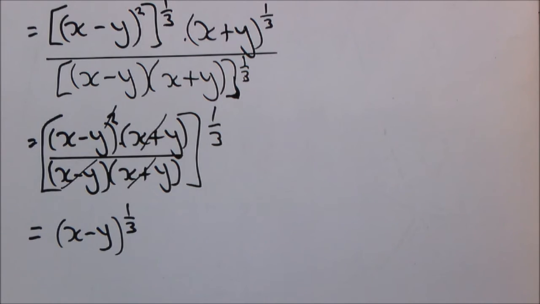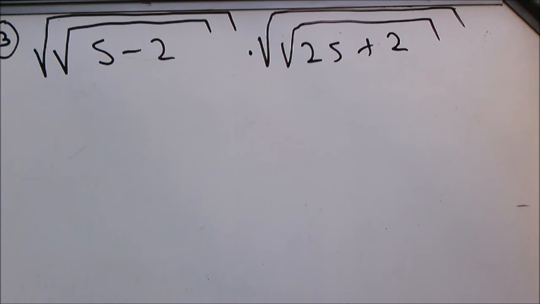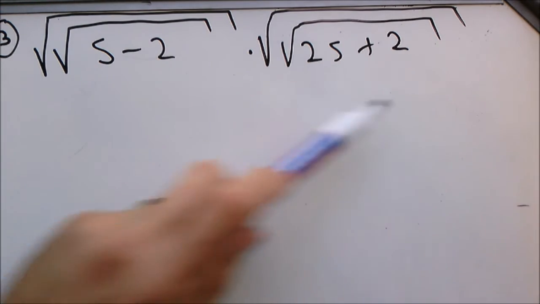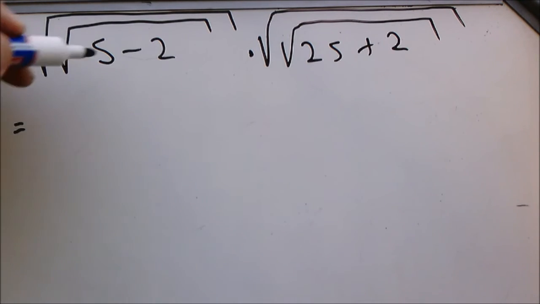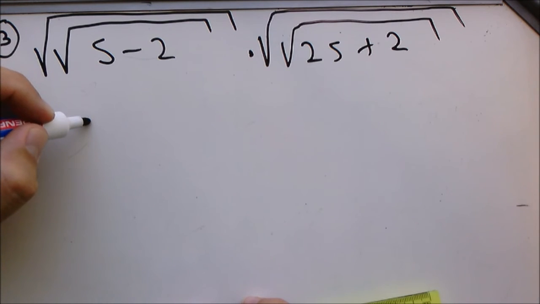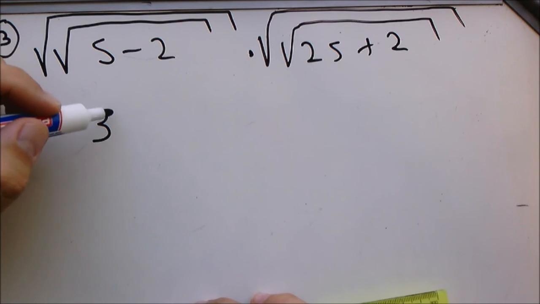Okay, the last example we're going to look at is example 3. And it has a lot of square roots again. First things first is notice that we have one single term. There's some multiplication right in the middle. And this is to the power of a half to the power of a half. So we can rewrite this as follows. We can say 5 minus 2, which is 3. It's not needed to write it as a 3 yet, but we do remember that was it. It's to the power of a half